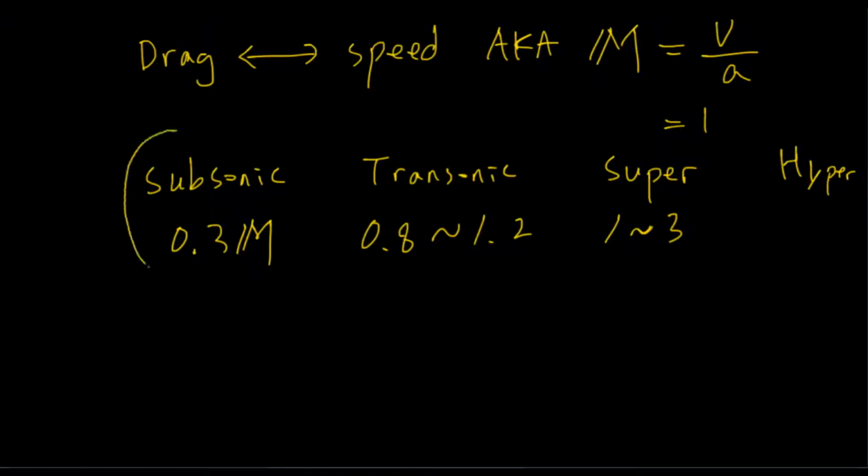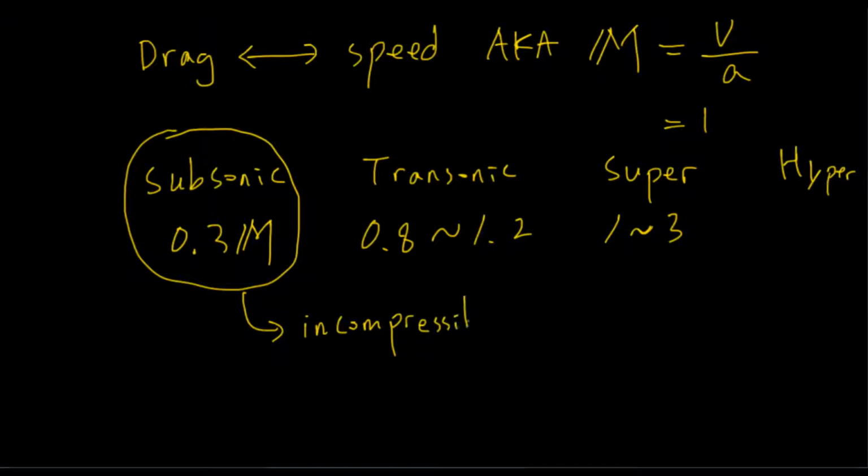Now, we're talking about subsonic today, and there are some assumptions. We assume that it's incompressible. The reason why we assume it's incompressible is because of the compressibility of the air at this speed, 0.3 times the speed of sound. It compresses the air a little bit, but it's very small, very minute, so it's negligible. So we neglect it and we assume the air did not compress at all. Okay,